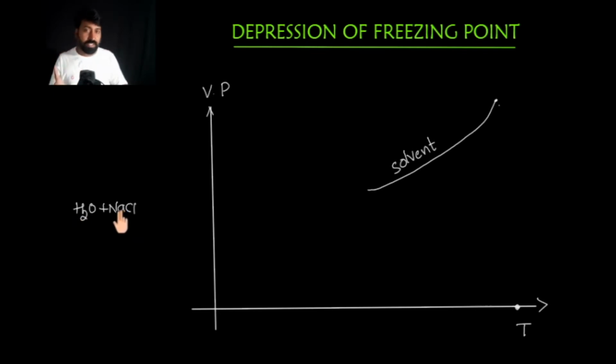Now, a well-known thing is that when a solution is there, the solution surface is occupied by both components, solvent and solute. Therefore, the vaporization of the solvent decreases. At room temperature, the vapor pressure of the solution is somewhere here. You can see that at the same temperature, the vapor pressures corresponding to these 2 points are different. This point indicates higher vapor pressure, and for the solution, it is lower vapor pressure. This is for the solution of non-volatile solute.